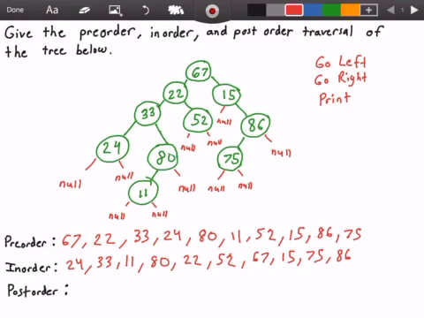Then we go back up to the node that contains 24. And we're going to go as far right as possible. And then we're going to go back up to 24 and print that value. So now we're done with 24 because we went as far left and as far right as possible and then printed the value. Now we go back up to 33 and we need to go as far right as we